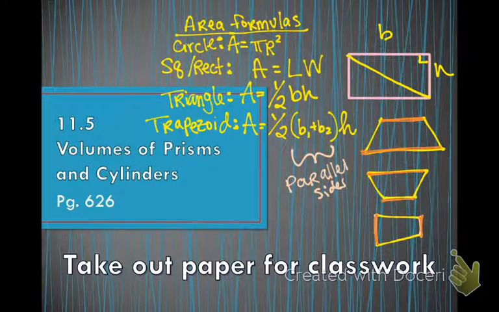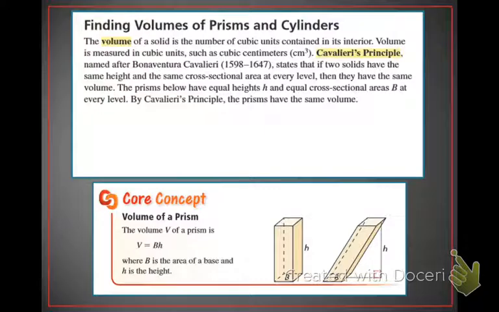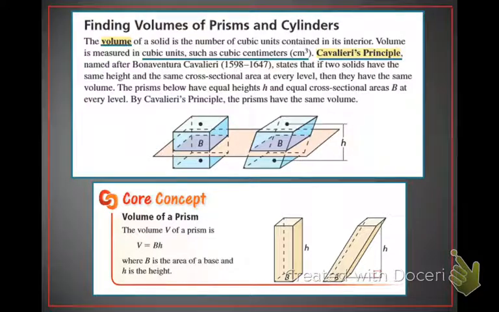All right, so these are all the area formulas. Again, no formula card. You'll just have to know them. So we're going to talk about volume. The volume of a solid is the number of cubic units contained in its interior. So it's literally asking how many little cubes, whether an inch cube or a centimeter cube, can I fit inside? So there's this guy called Cavalieri, and he noticed that if you cut them up,